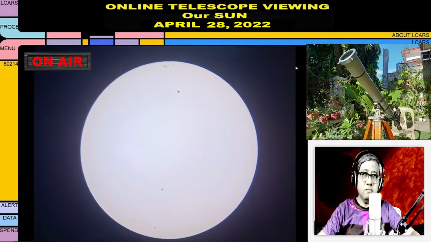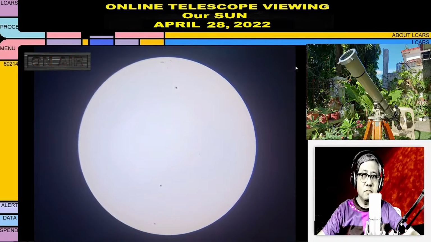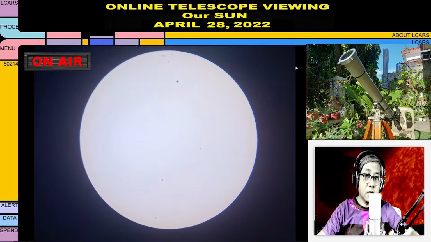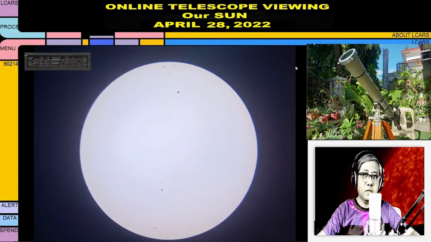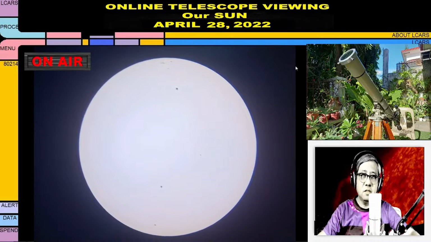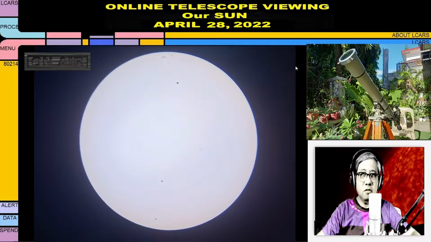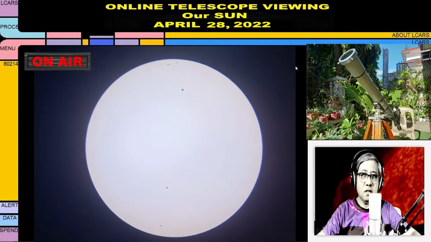Alright, and in a few minutes mga ka-spacers, we will be magnifying the image of our sun para makita natin yung mga sunspots na yan in greater detail. Habang hinihintay po natin yung magnified image ng ating araw,